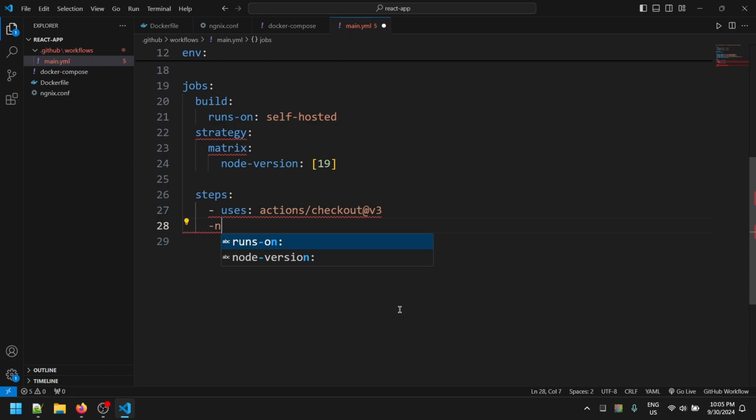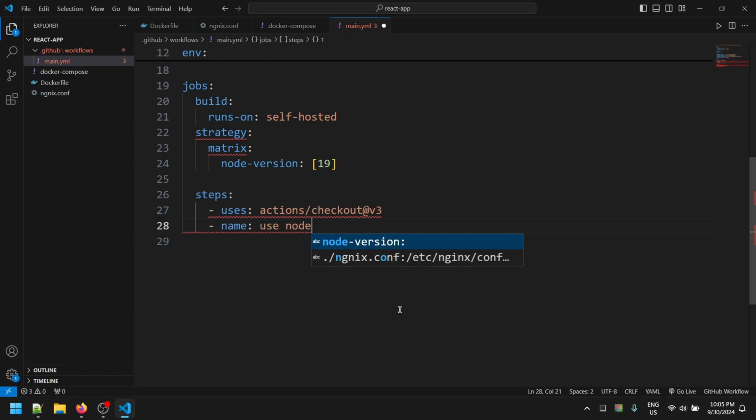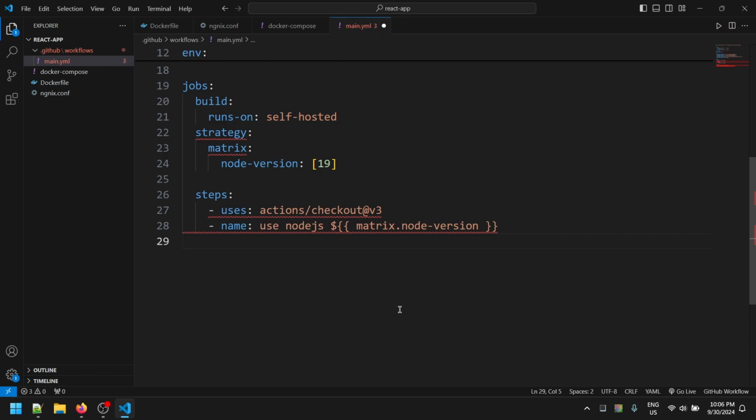And hyphen name, for better understanding, use Node.js at the rate the metrics version that we have used, that you can use to pull the node version. Metrics dot node hyphen version. Hopefully, I'm not making a misspelling mistake, so it will throw an error later on. So uses,